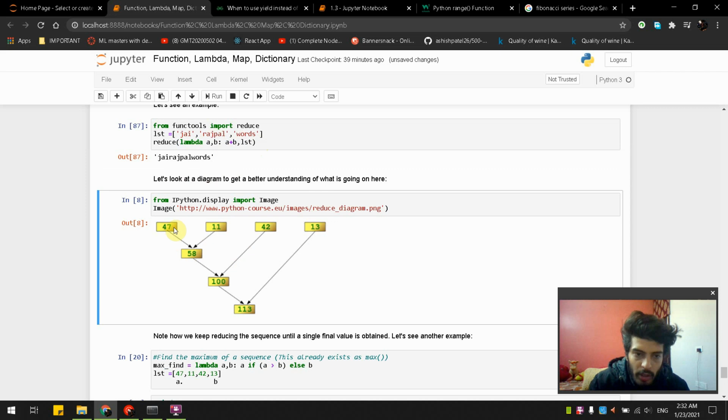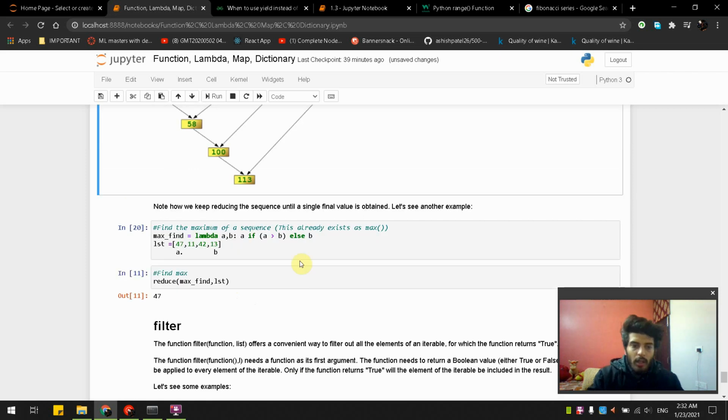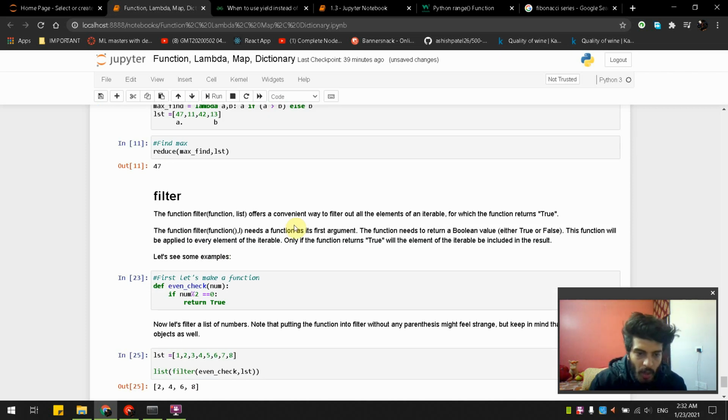First we take these two and add them to get 58, then 58 is added to 42 to get 100, then 100 and 13 will be added. That's how we do it with the reduce function. And this thing you guys can do by yourself. It's really easy. So now let's go into filter.